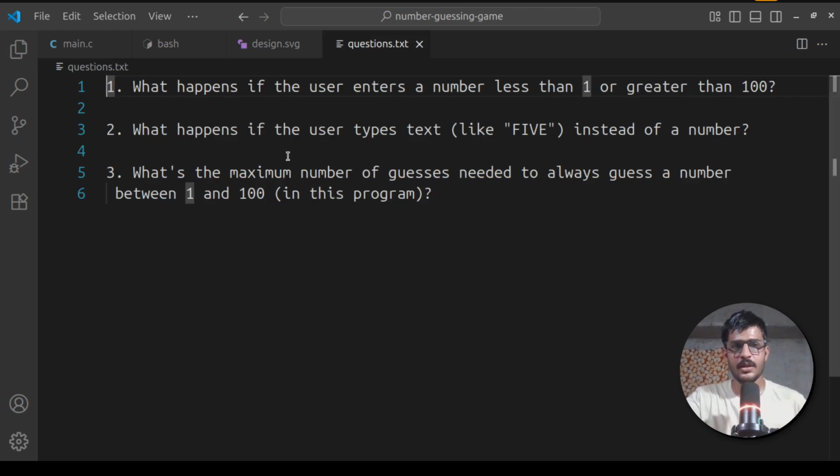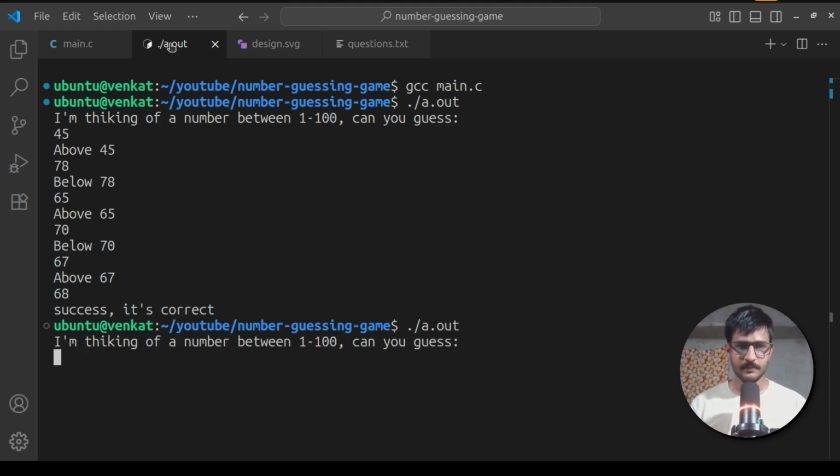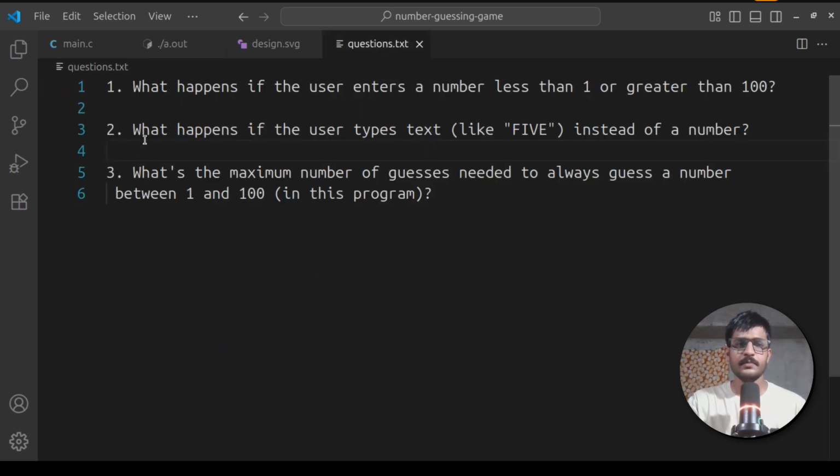And our second question is, what happens if the user types text like 5 instead of a number? So let me show you. So let's run the program again. Let's say the user enters something text like this. What do you think will happen? I'm not going to run the program. Just do it yourself. And the last question is, what's the maximum number of guesses someone needs to always guess